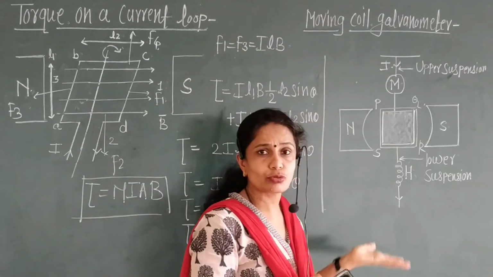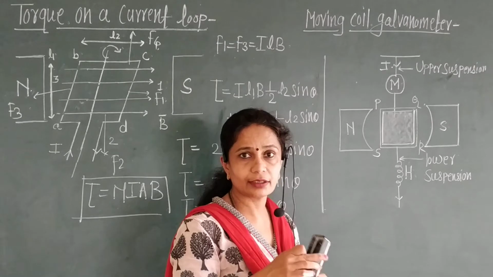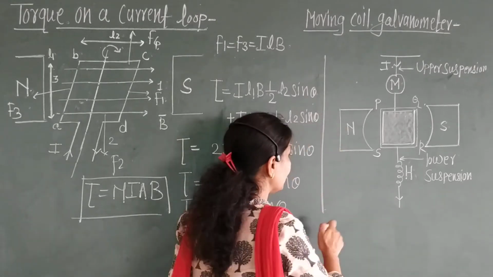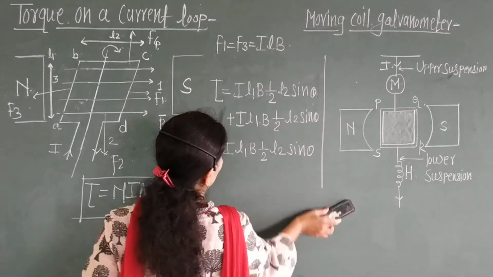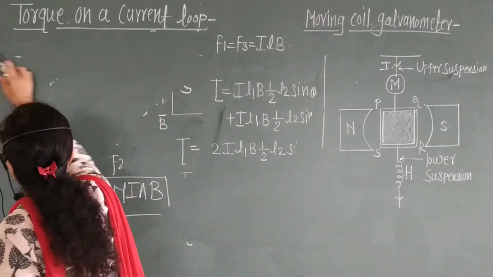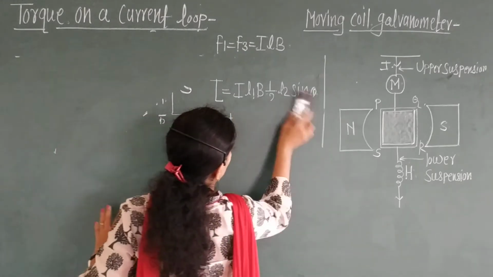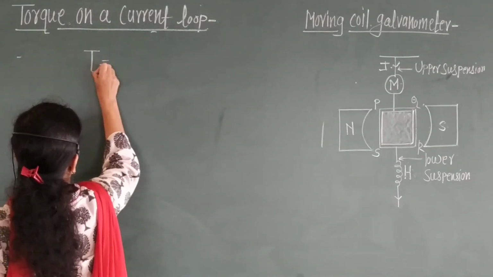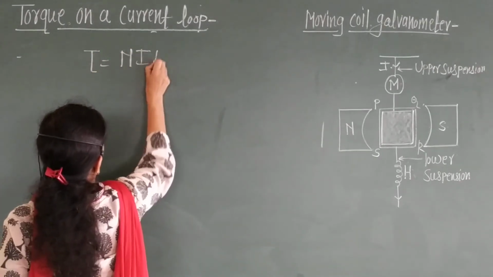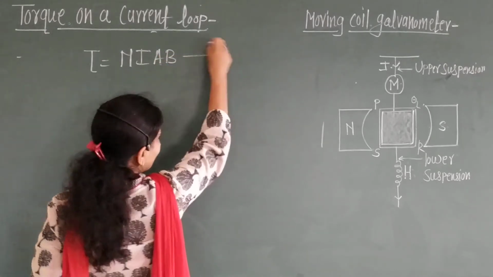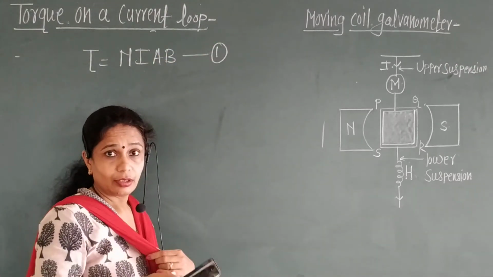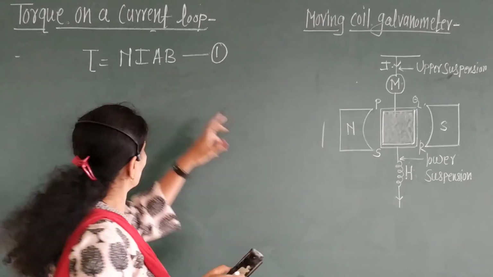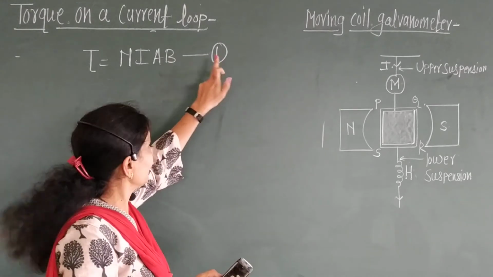When the current flows through the coil, what happens? The coil gets rotated. Okay, torque is acting on that coil and that torque is given by the equation. See this, that equation we just found out: torque tau is equal to NIAB. Okay, so this is the deflecting torque. मॅग्नेटिक फील्डमुळं काहीतरी फोर्स ॲक्ट होणार आहे, काहीतरी टॉर्क त्याच्यावर ॲक्ट होणार आहे आणि दॅट टॉर्क इज द NIAB.